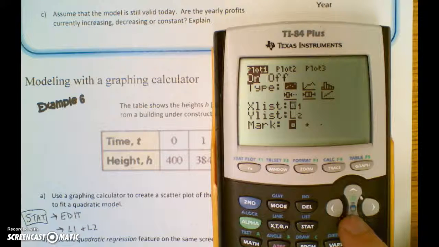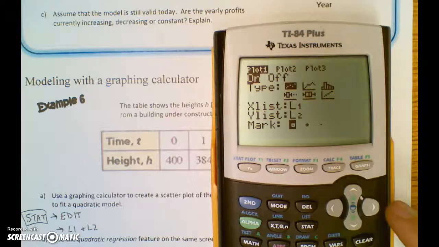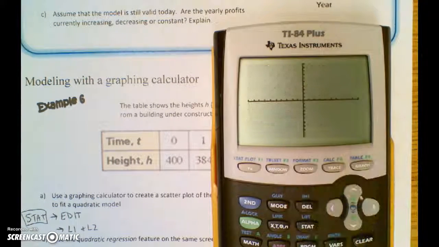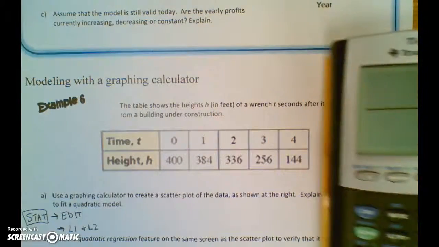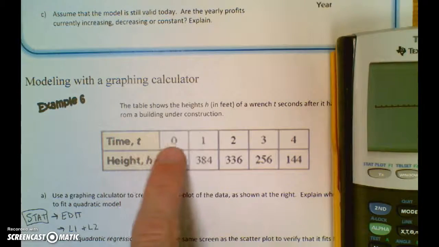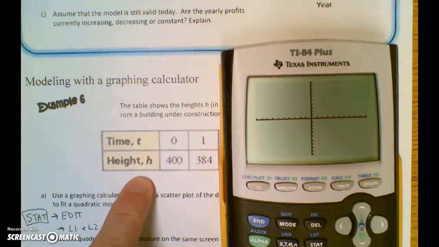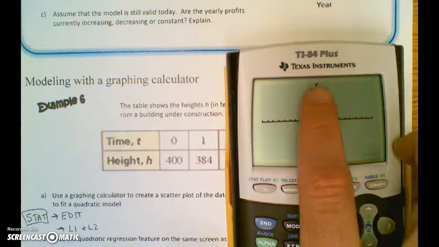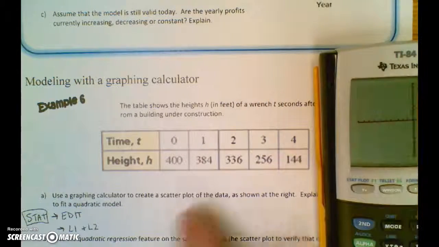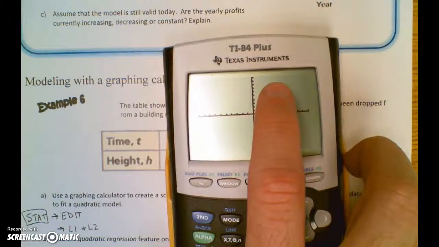And so now I'm just going to make sure all this other stuff is highlighted. Everything looks good. I'm going to hit graph. Well, I don't see anything, but let's look back at my table. T is really just my x values, so that's my x-axis, and y is my h values in this table. So if I look, my y values only go up here to 10, but this one has from 400 to 144. So to fix that, you click on Window,